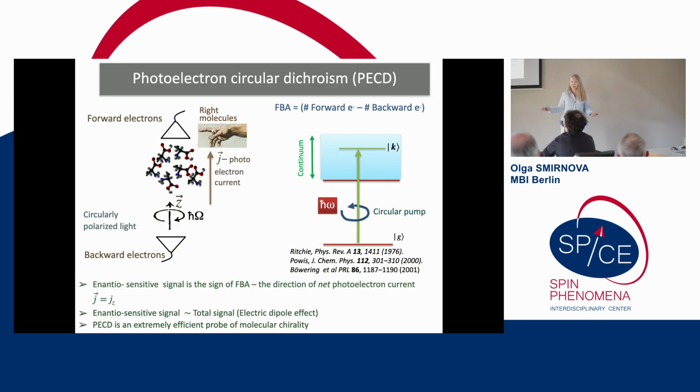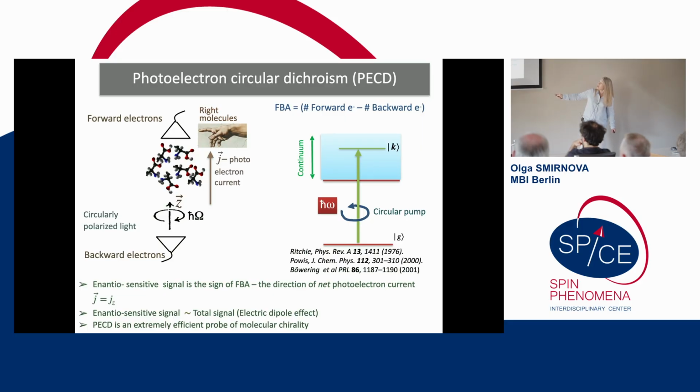It will be just a photo effect. So, one-photon ionization. What Ritchie figured out in 1976, and now this is a very, very famous effect in chiral methods, is the following: if you take randomly oriented molecules and you come with a circularly polarized pulse and you remove an electron, and then you put detectors such that they are along the propagation direction of your pulse,